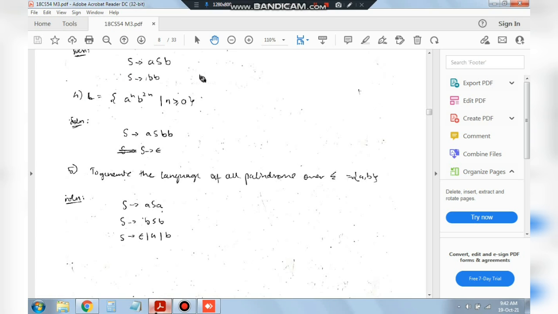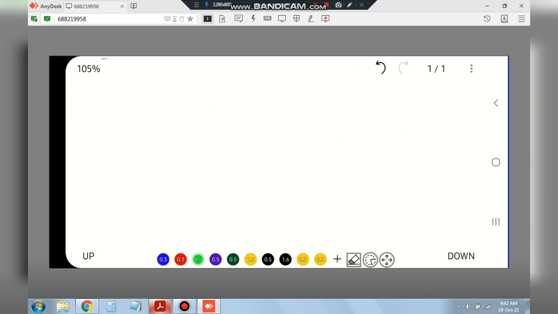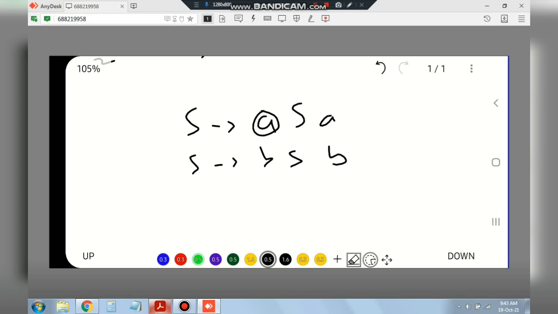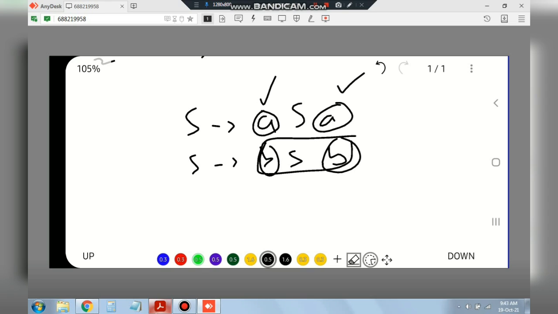So let's understand what this is. Here we have three things. S goes to ASA, and S goes to BSB. Basically, why we have written this in this way is because whenever an A is generated, the A should be generated in the reverse form from the end, right? So we'll have A in the starting and the ending position, and we have B also. So B can also be included. Whenever we include B, the ending B should be included at the ending part of the string also. So we have B and B. In this way we can generate a palindrome, and finally to end the string, we can have either A in the middle, or epsilon, or B.